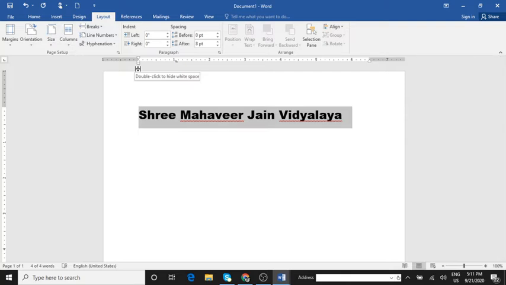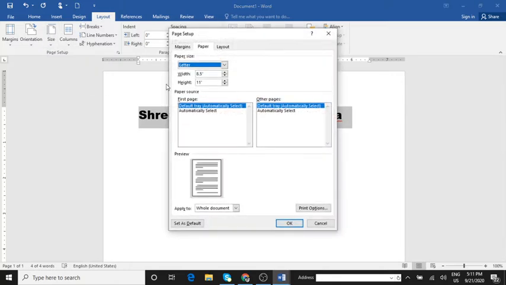Okay children, then let us see how to change the page layout size, the size of the page. How to change it? The same way, click on the page layout tab, click on size, and there you will get many options. Click on more paper sizes. You can select the paper size, width and height. This is the width I am changing, this is the height.